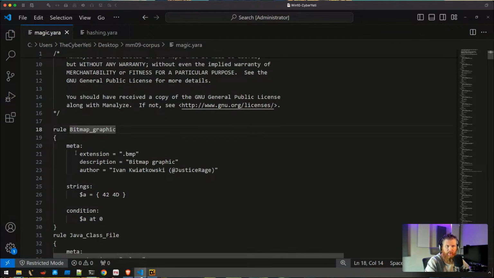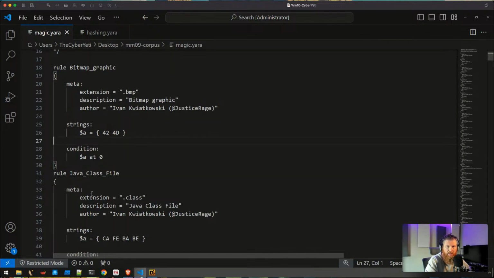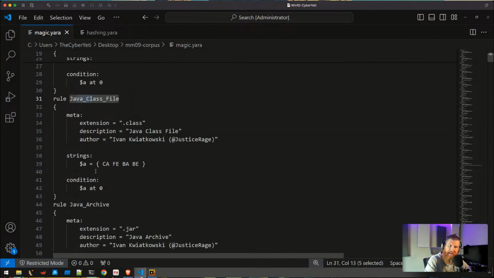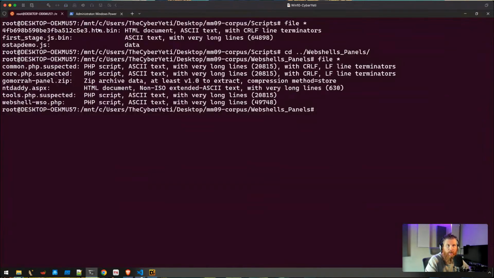As an example, then, we just have a bunch of basic YARA rules here that are there to help determine file types. And as you'll see, typically what they're doing is they're defining strings. They probably don't need to define the string, this could just have been a condition, but it's just a sequence of bytes, and then the condition in which those bytes should match. And you can go through these to see the different file type identification. It's probably going to be not quite as good as things like file, but it is there, and it is just an application of using YARA.